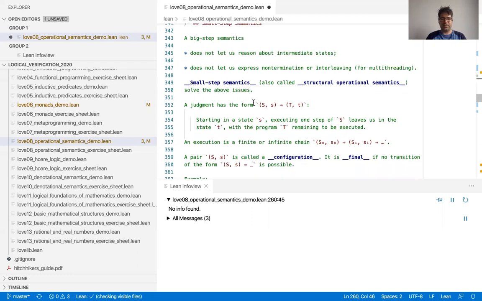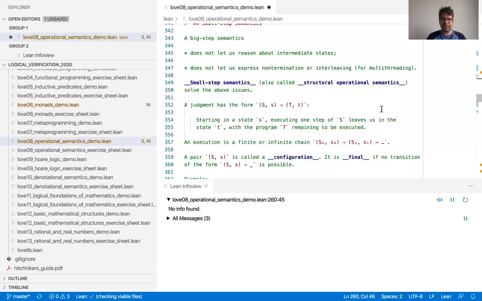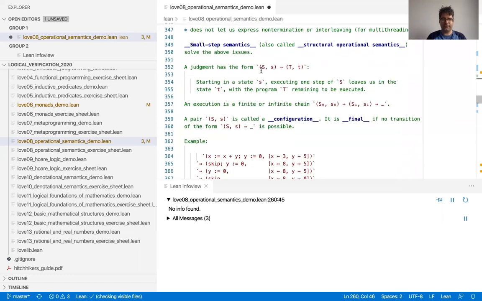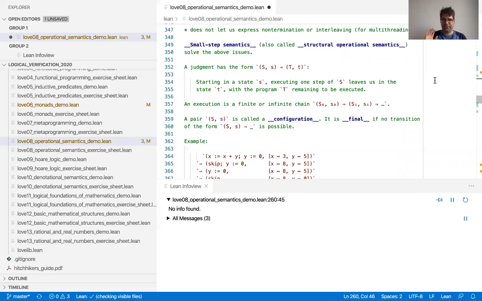So the judgments have a different shape. So we now have, why is it? I have no idea why this is popping up now. Go away, go away. I'll stop pointing there. I'll just not point it out. So